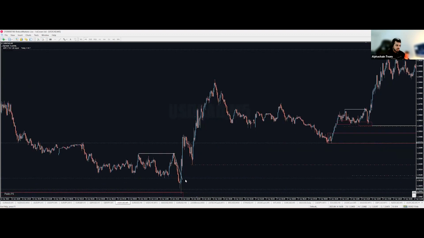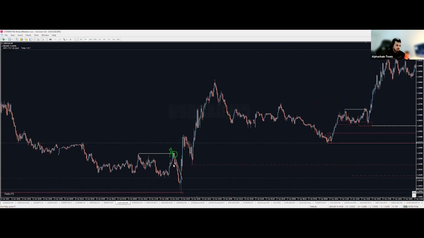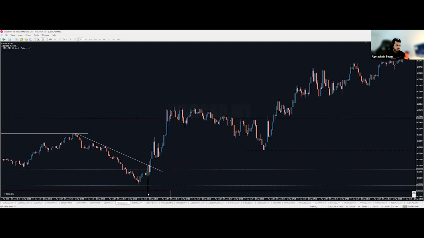I can see price starting to slow down. What do I see as well? This actually was a good trigger for me. It was a break of this high just before we had the news. But the news was actually super fast. I was not expecting this spike,